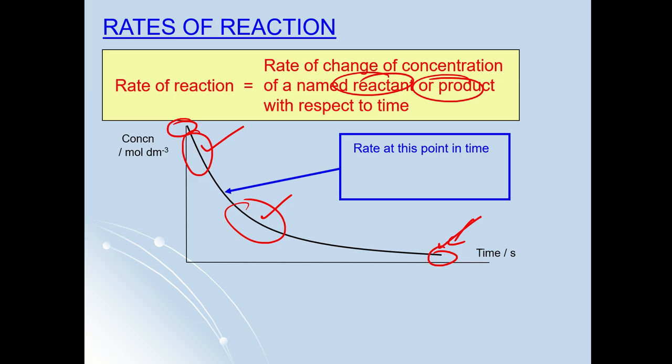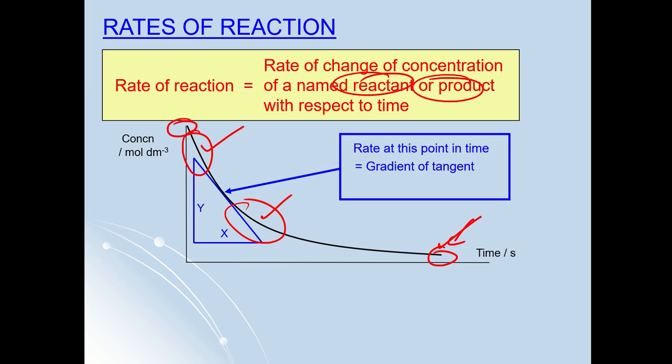We can work out the rate of reaction by using this graph, which we get from our practical. If we wanted to get the rate of reaction at that point in the blue, we take the gradient at the tangent. You hopefully all know how to plot gradients. You learned that at GCSE Maths. If you don't remember that, go on to YouTube and type in how to plot gradients to a curve. Very simple. Remember, we're not doing maths here, we're doing chemistry,